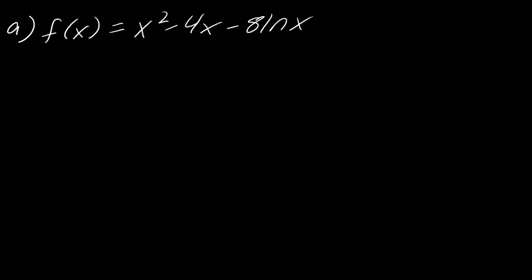So what I want to recommend to you is that you actually try to just do this problem in its entirety and then hit play when you think you're ready to check the entire solution. Otherwise, if you think you're getting stuck and you just want a hint on the solution, hit play when you're ready. Okay, so first things first, I have to find the first derivative, which is 2x minus 4 minus 8